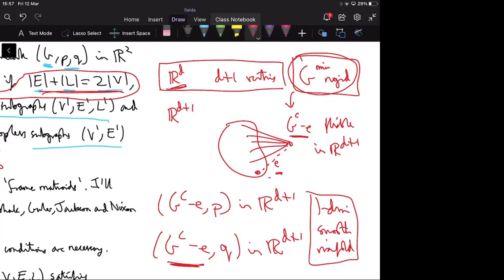Yeah, this is my question. So this G doesn't have to be rigid, right? To have this one-dimensional smooth manifold, so you can always lift it to one dimension higher. If the cone is one edge missing in the cone,